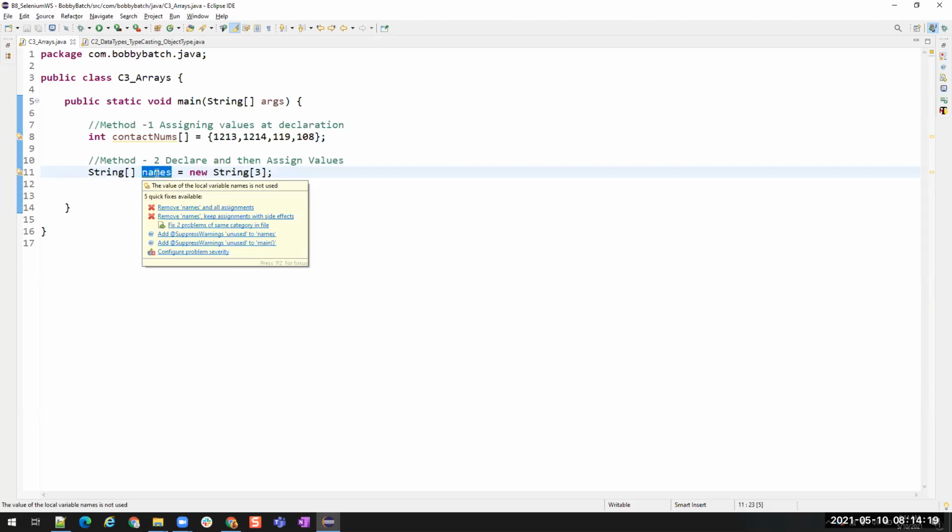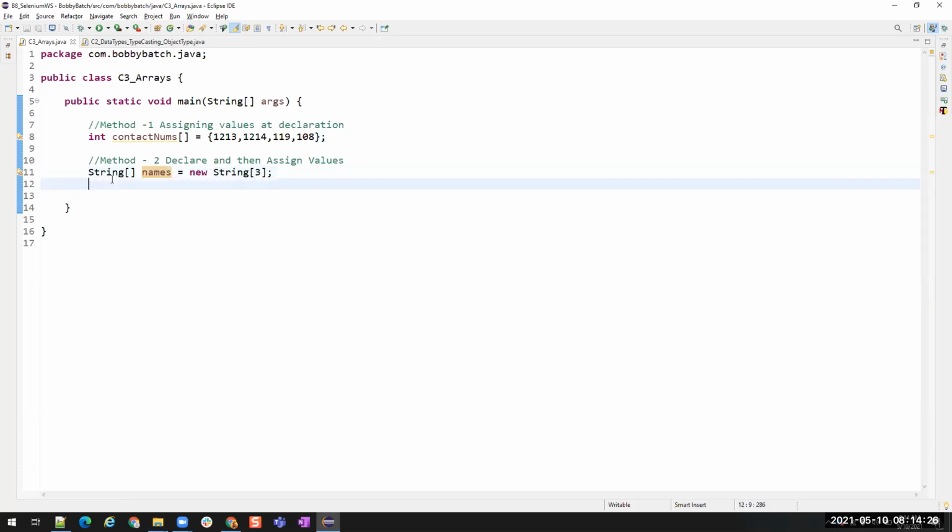If it is byte, it is allocating 8 bits. If it is long, it has some memory. If it is short, it has some memory. Similarly, it is an array. But how many values are we going to store here? How much memory should I allocate for this variable? It will not understand. So it is mandatory that you mention the size of an array while declaring. This is called declaring an array.